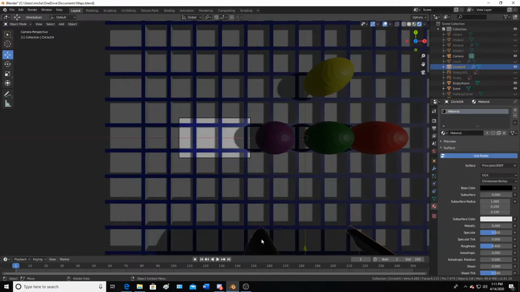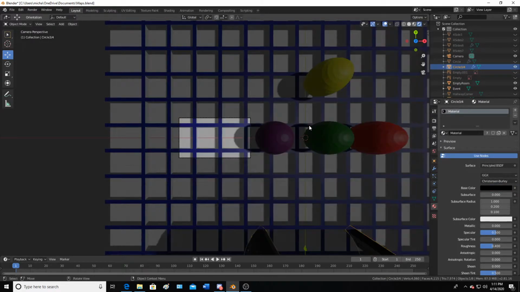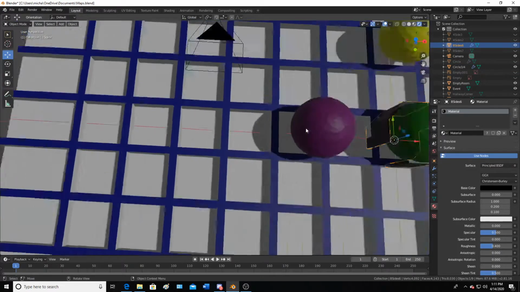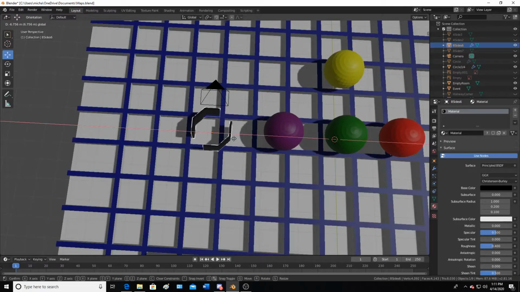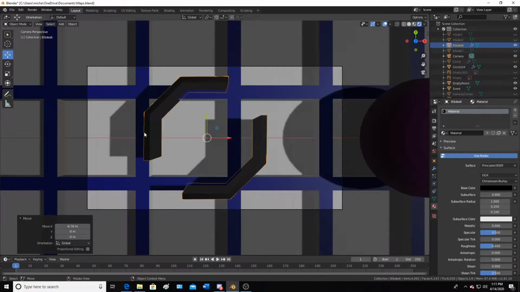Let's see here, let's bring this out. No, that's a little too big. Okay, yeah, here we go. Now let's go. Whoa, hold on. Okay, as you can see, it's going to see like the bottom of the